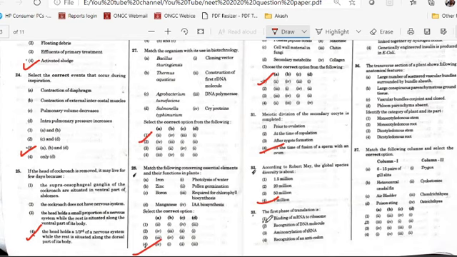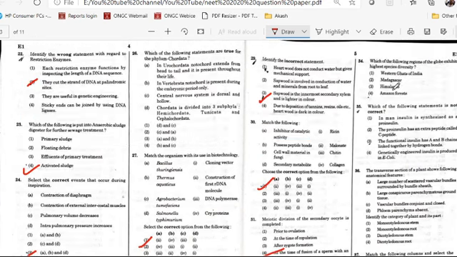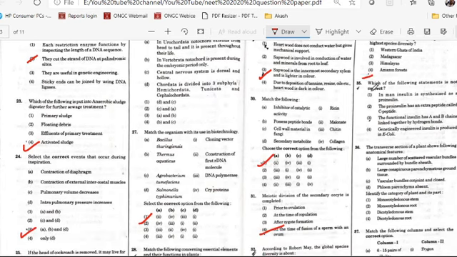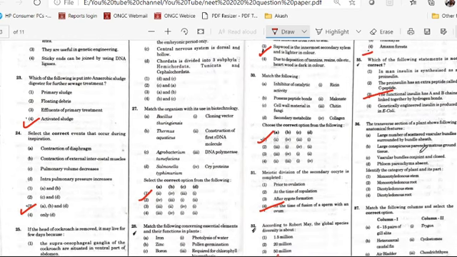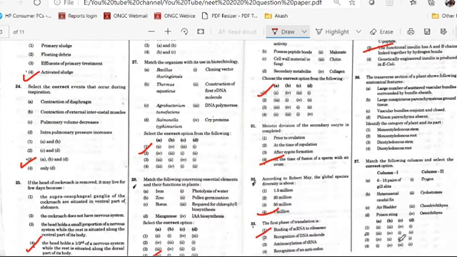In question number 33, translation is the binding of mRNA to ribosome. Option number 1 is the answer. In 34, the Amazon forest is option 4. Option 4 is the answer. In question number 35, option 3, the functional enzyme has A and B linked together by hydrogen bonds. This is the answer. In question number 37, option 2 is the answer.